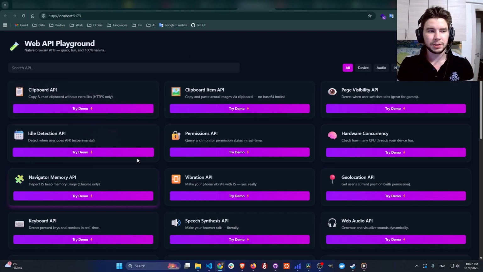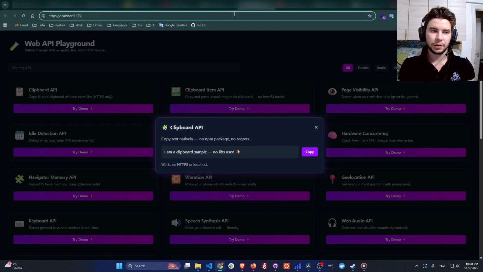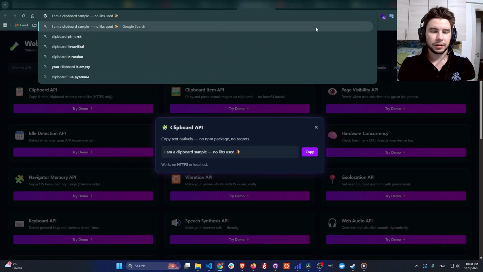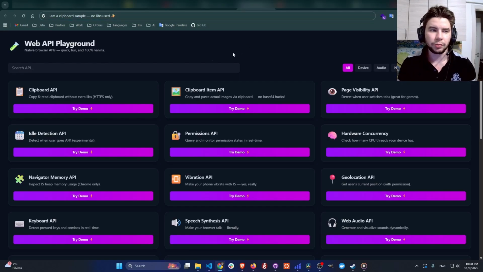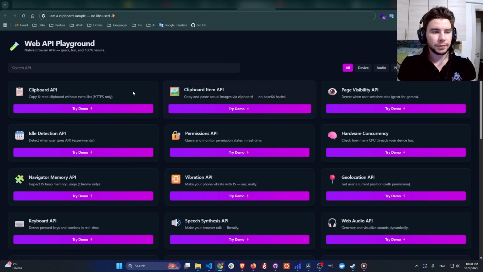Here you can find this playground with a Clipboard API. You just click try demo, and you see a simple demo where you can click copy. You see a copy state, and now it's in our buffer. Now our clipboard has this thing, and we can use it everywhere, even in this search API here. Next, I will show you it in the code, but before this I want to speak with you about